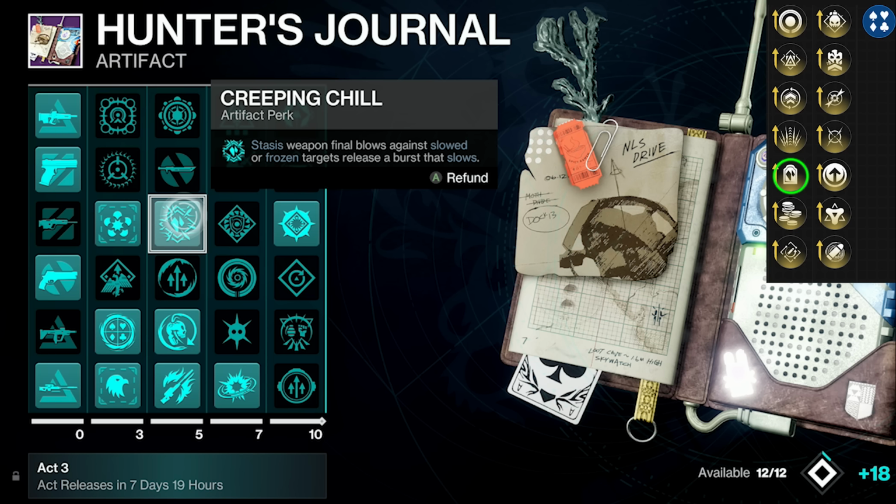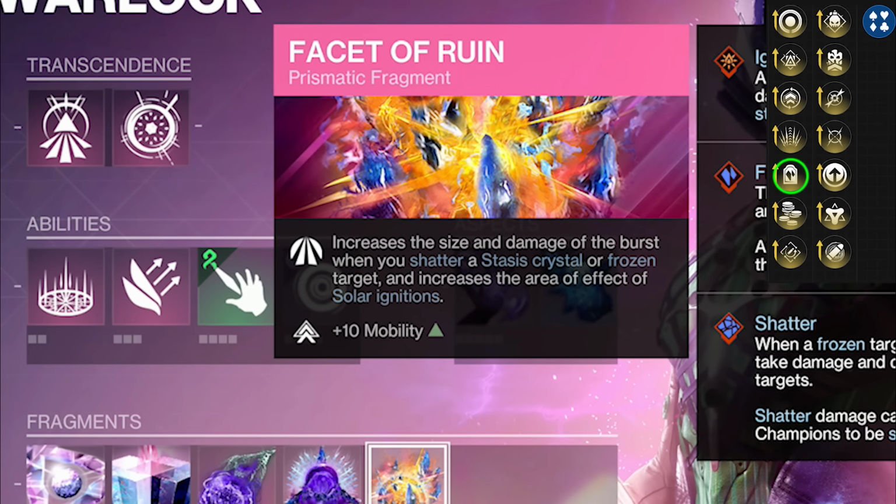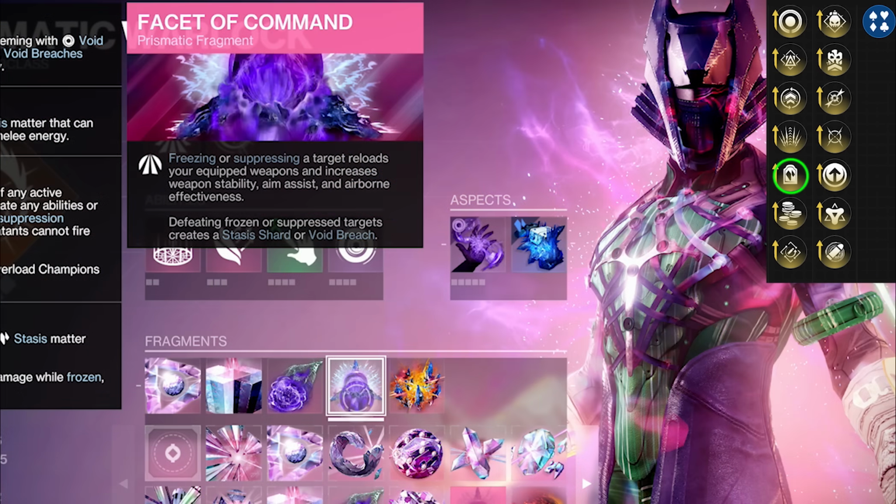And on subclasses, like Prismatic, we have Ruin, which increases the size and damage of the shatter. We have Command, freezing targets reloads all equipped weapons. You get aim assist, ability, and AE. You also get a stasis shard. Remember, when you pick that up, you get melee energy. So yeah, on its own, really good, but all these little things are massive for it, because we have the